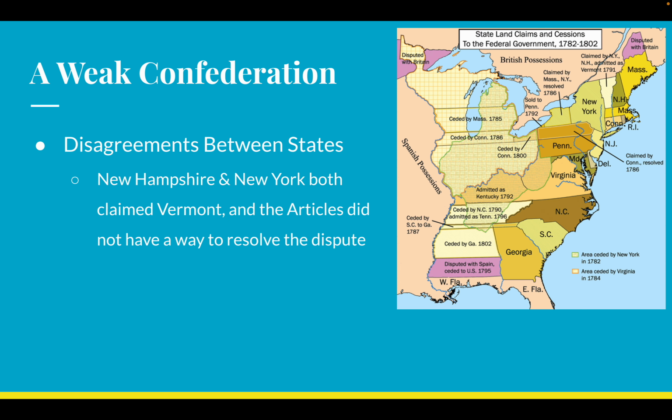Every single state has different claims. So, for example, Virginia is going to claim what is modern-day Kentucky. North Carolina is going to claim what is modern-day Tennessee. A lot of these states, when they were first founded, one of the things you have to do when you found a state is you have to talk about your borders, right? You have to know what is your state and what is not your state. And the problem is, when we first got to this land, we were super vague and not clear about where those boundaries were.